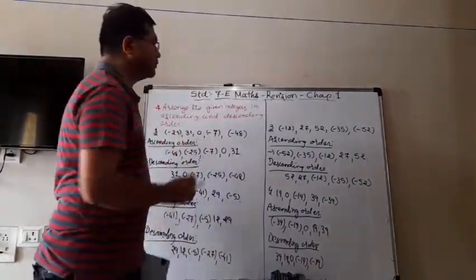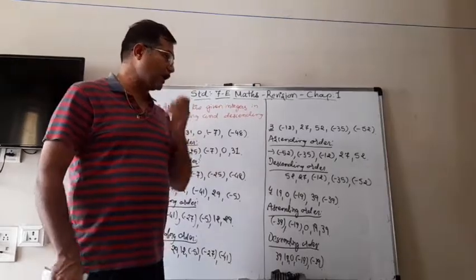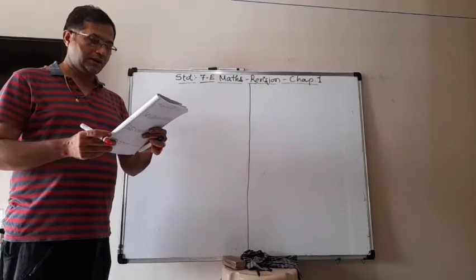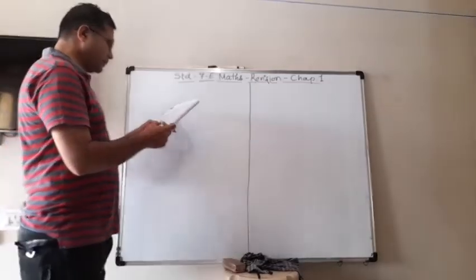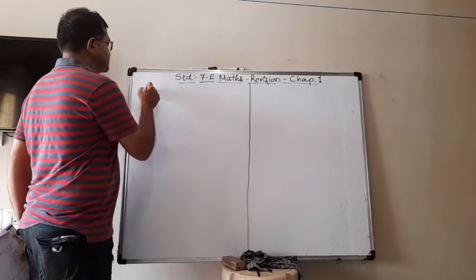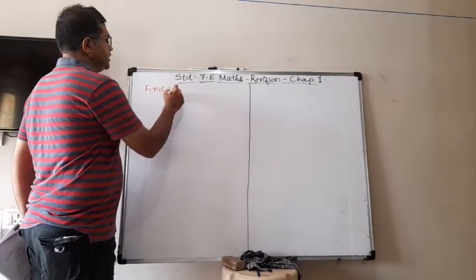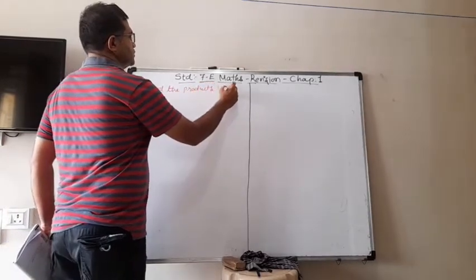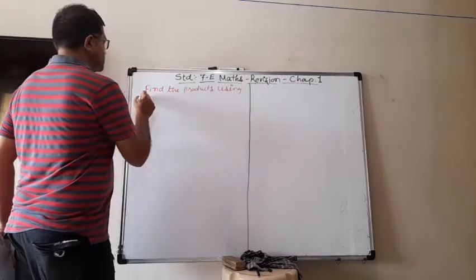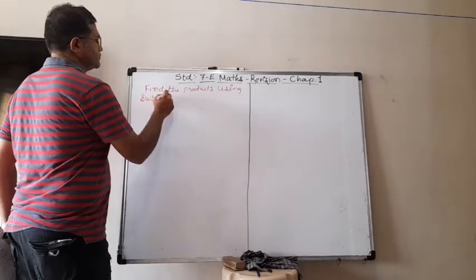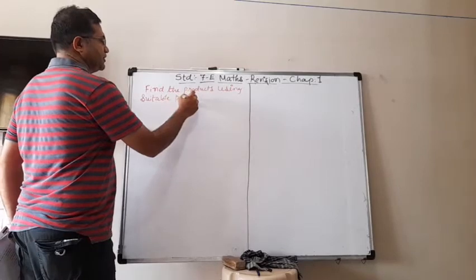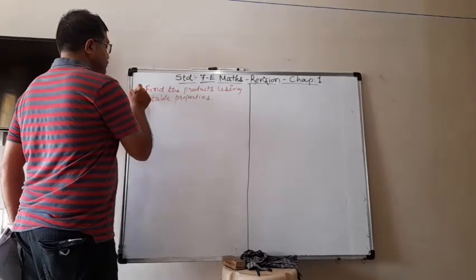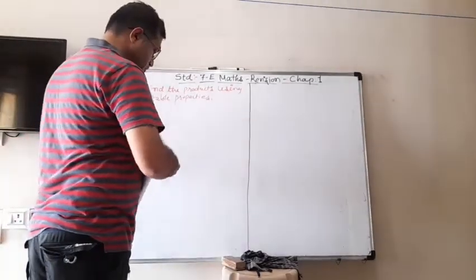So I hope now you have an idea how to arrange them in ascending and descending order. Now next: find the products using suitable properties. So whatever properties we have learned, we can use them, and we have to mention which property we used